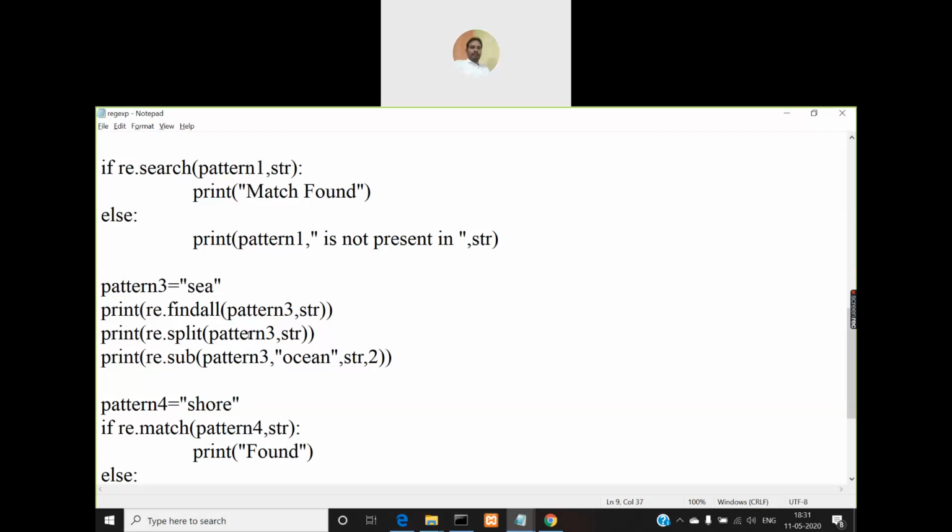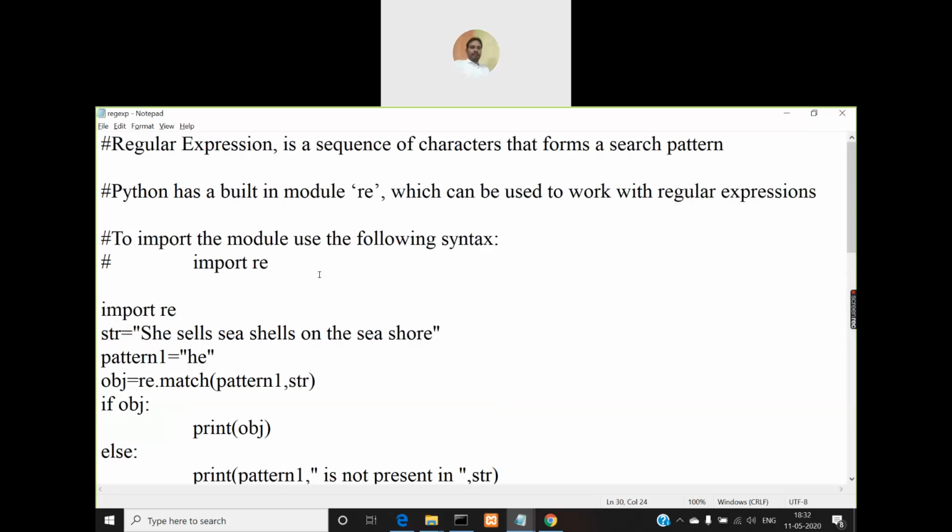And what is the split function going to do? It is going to split the given string wherever this pattern 3 is found, right? So what is pattern 3? "sea". So in our string, "sea" is present here 1 time. Whatever part of the string is there before that "sea" word will be considered as one item of a list.